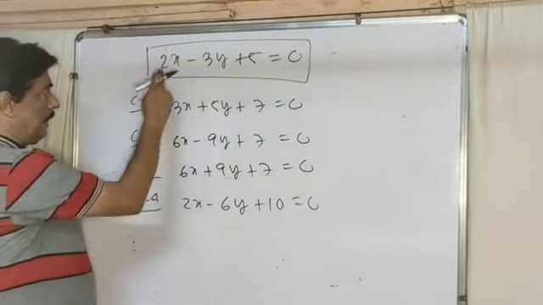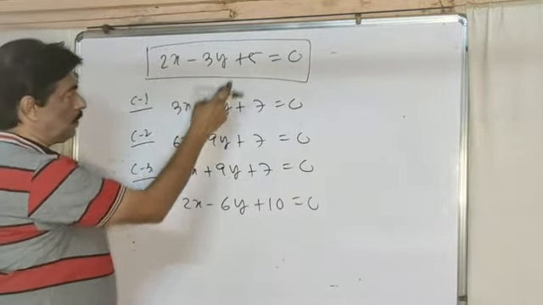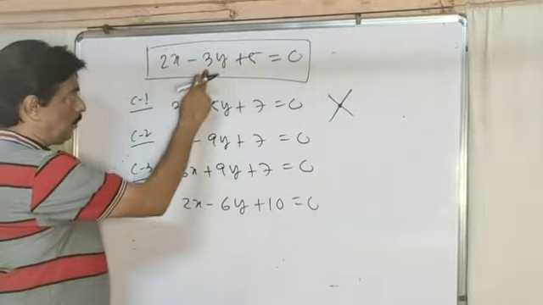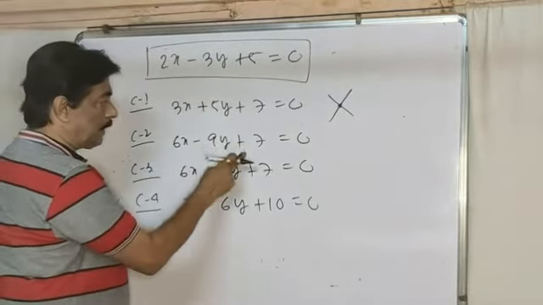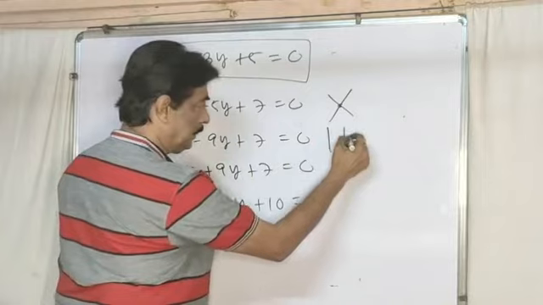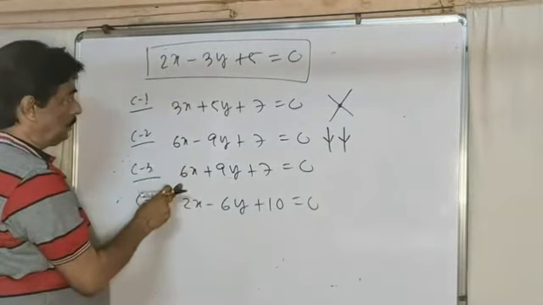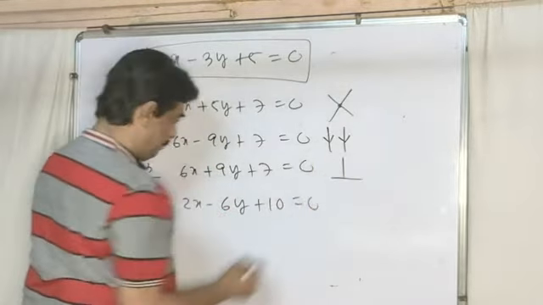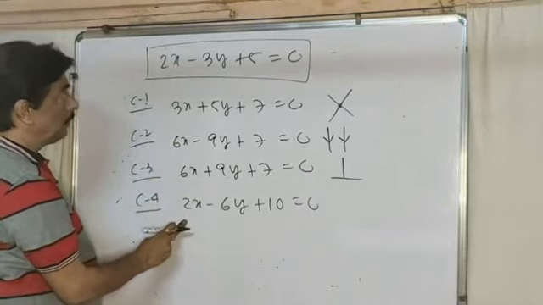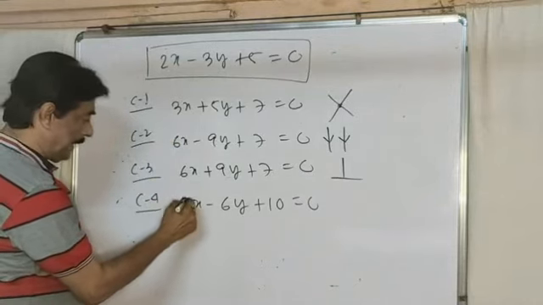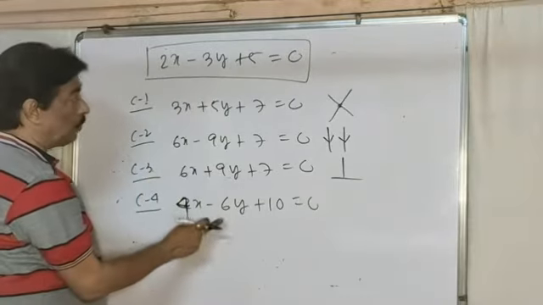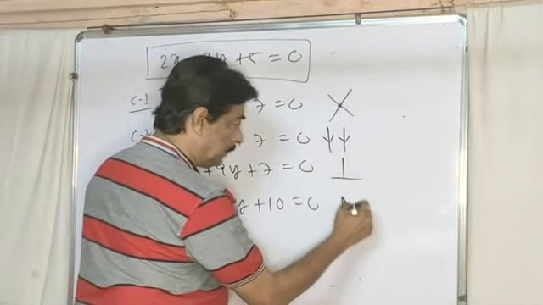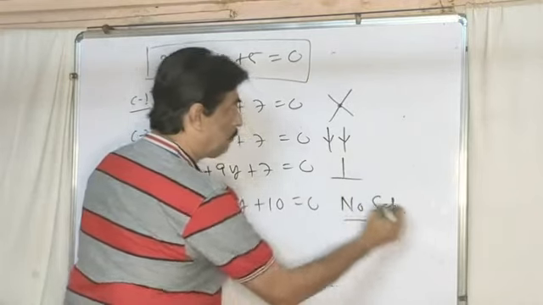Now just observe. a1 by a2 not equal to b1 by b2 not equal to c1 by c2, unique solution. a1 by a2 equal to b1 by b2, same sign, but not equal to c1 by c2, lines are parallel. a1 by a2, b1 by b2 with a minus sign, but not equal to c1 by c2, the lines are perpendicular. When a1 by a2 is 1 by 2, b1 by b2 is 1 by 2, c1 by c2 is 1 by 2, the lines are identical lines, no solution. So these are the most important questions.